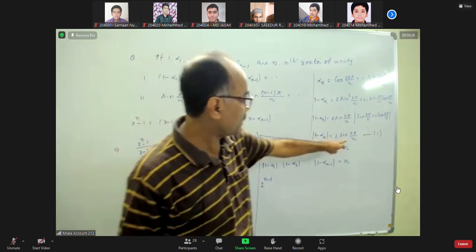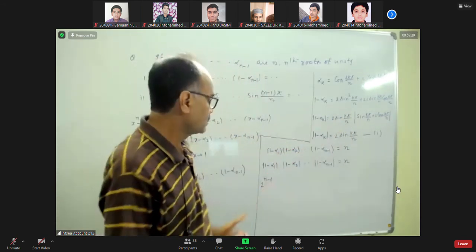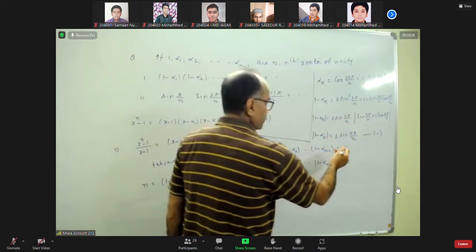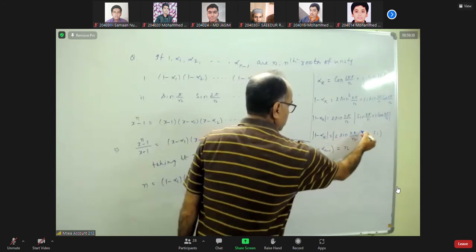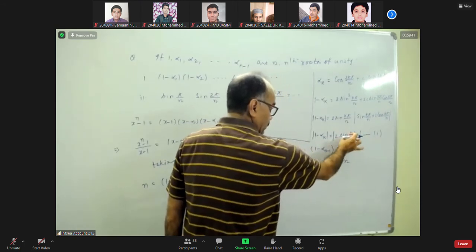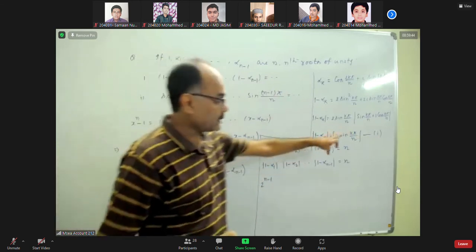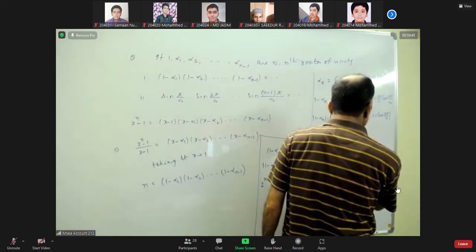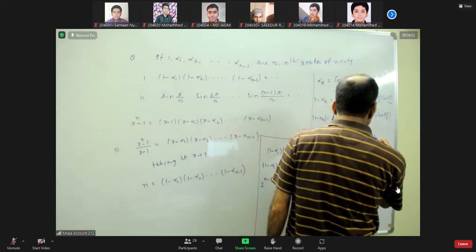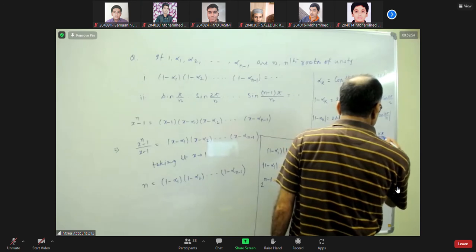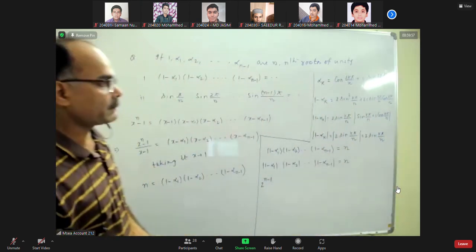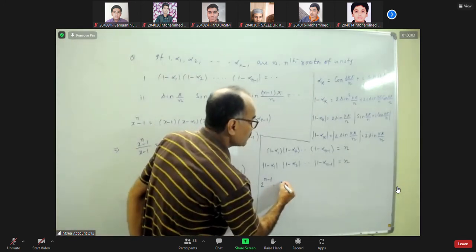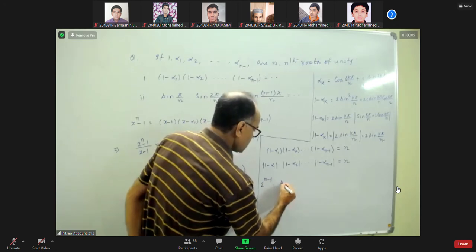And all the angles are in between 0 to pi, so sin theta will be positive. Sin of k pi by n is positive. Basically, you need to take this one only, since this is positive, k going from 1 to n minus 1. So the angle is in between 0 to pi, so we can just write it as sin k pi by n, because k pi by n is in between 0 to pi. So this will be sin, put k equal to 1, sin pi by n